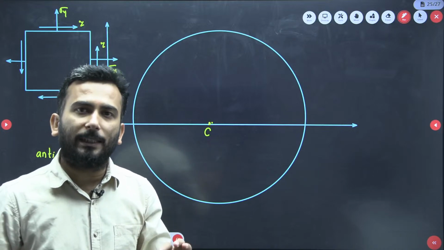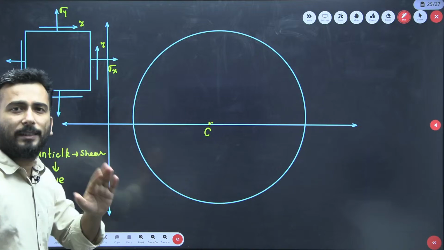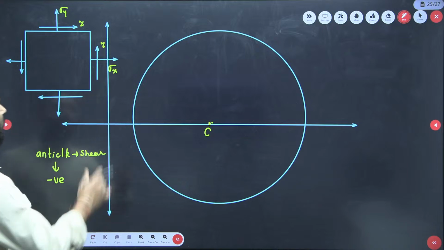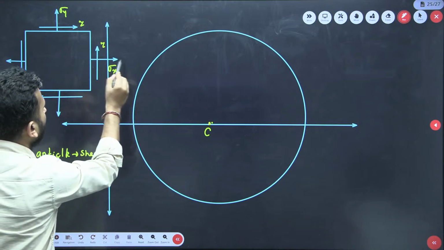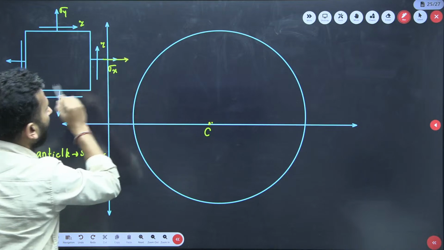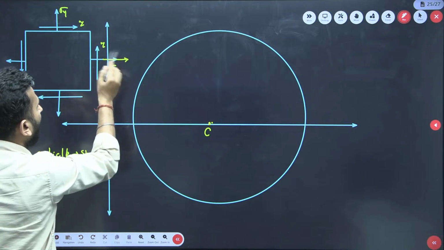One point represents one state of the stress. But first we have to fix the reference. Reference is important. So one thing I can do, I can consider this sigma x as the reference, and from here we can rotate angle theta